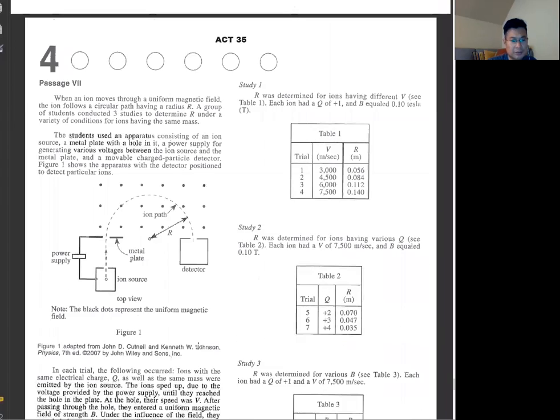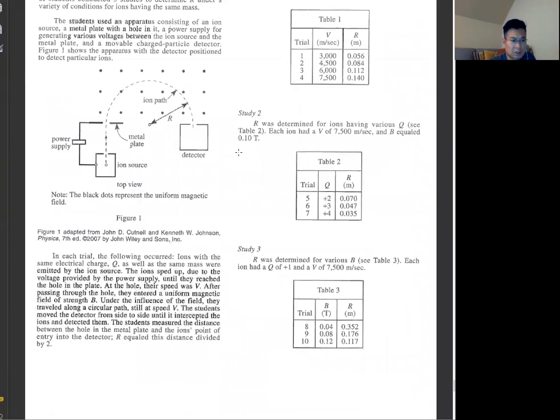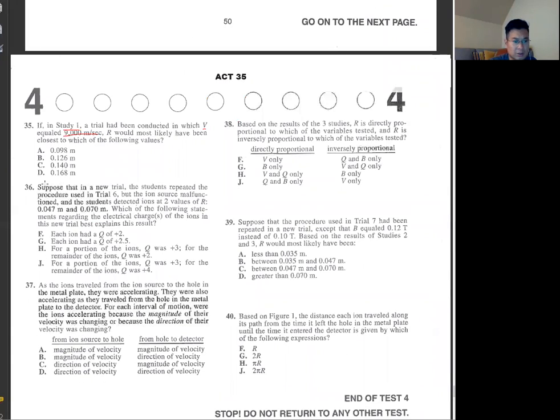Move on to the last one. Same thing, we don't look at the passage, we look at the question. It says, if a study 1 trial had been conducted in which V equals 9,000 and R equals, likely being closest to which one? So study 1, we have to go up somewhere. V and R is given from table 1, and it says V is 9,000, so it has to be greater than this one, 1.4. So then going back to this one, greater than 1.4,